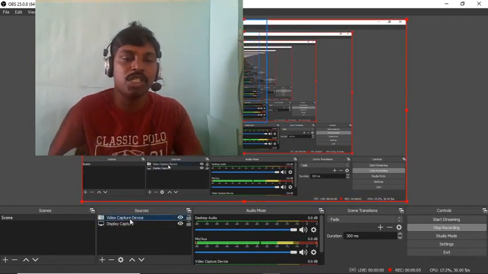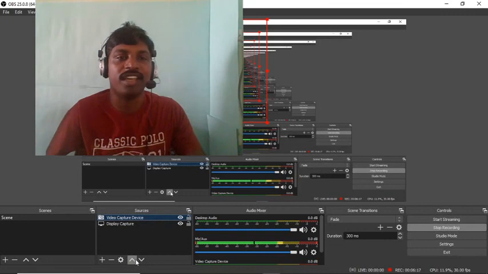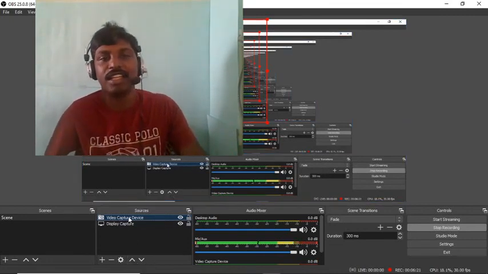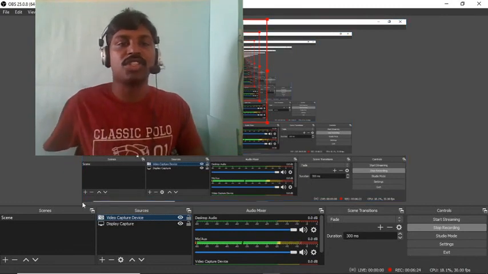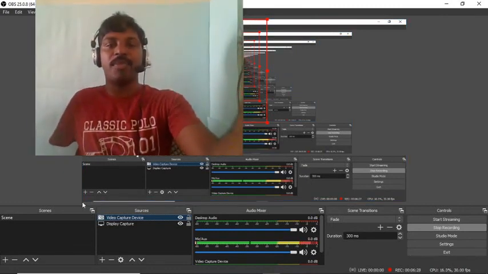So when I push the video capture down, it becomes the second layer. The display capture has superimposed itself on the video capture device, and that is why you're not able to see my face over here. When you click move up again, it comes to the first layer and then you're able to see it. So this is how you could move layers up and down, right?